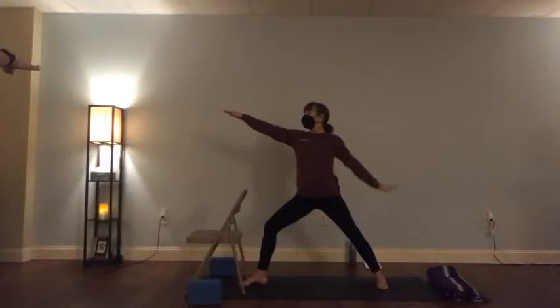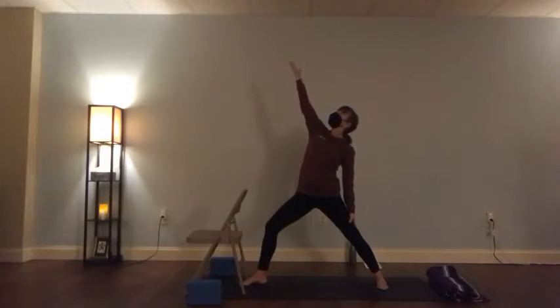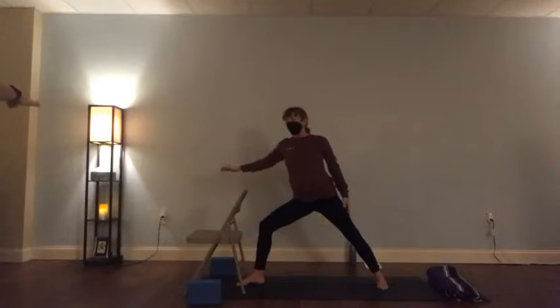Let's bring our right hand down, turn our left palm up, and slide your right hand more down your leg as you lift up towards the ceiling with that left hand. Breathing into the left ribs. One more inhale. And on the exhale, we're going to come into side angle,